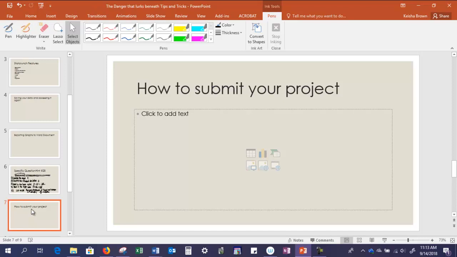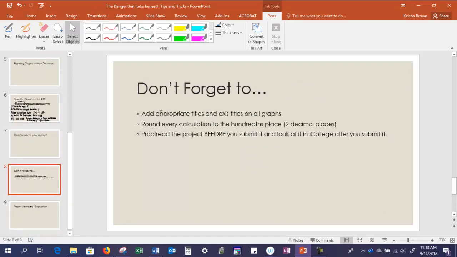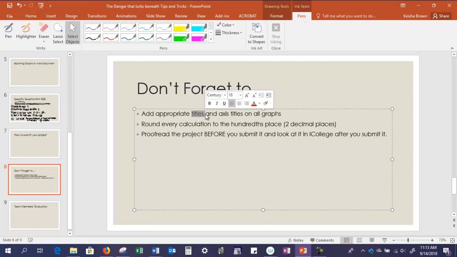This also helps you to find any of the small errors, like maybe somebody forgot on their graph to include titles and axis titles. You can catch that if somebody else is checking the project with you. Somebody can catch if everybody didn't round to the nearest hundredth place, the 2 decimal places. You have other people to read what you have written to make sure that your punctuation, your grammar is proper. That is the benefit of having team members, so that you work together to create a final project that is